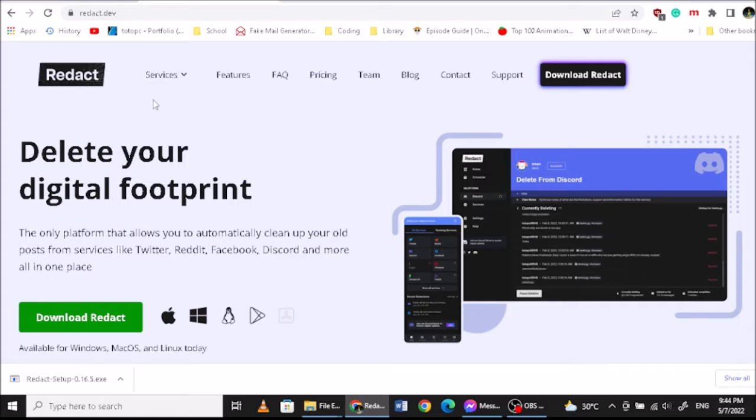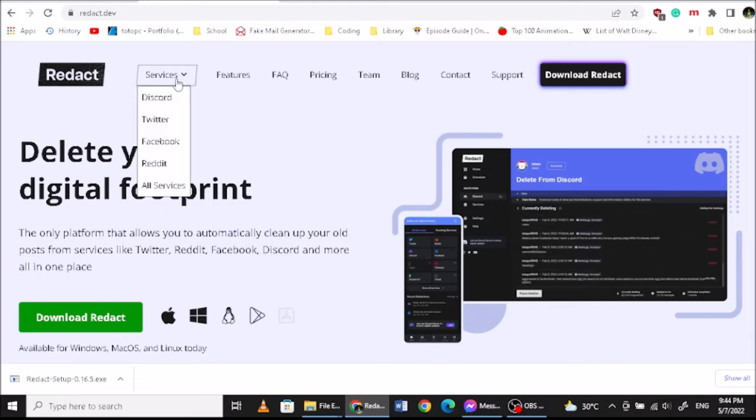Today we're going to discuss a little app called Redact.dev. Redact basically deletes your digital footprint. Okay? So the following social media applications are